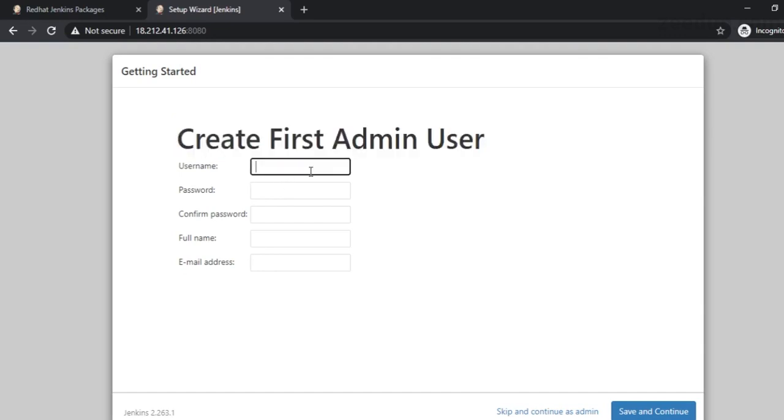So after all that, you can see that it asks us to create a first admin user. Now in the first admin user, you can give any username, for example admin. You can give any password right here, and do remember this password because you will be needing it every time in order to log in with this username.